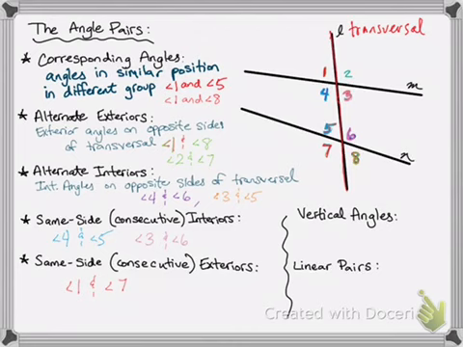I think I have another pair. Maybe angle 2. That's an exterior angle. And who's on the same side as angle 2 and still an exterior angle? How about 8? 2 and 8. Both on the same side, both exterior. And then I still got vertical angles and